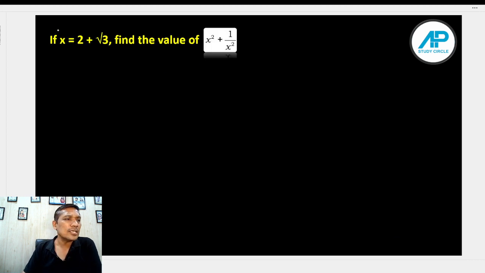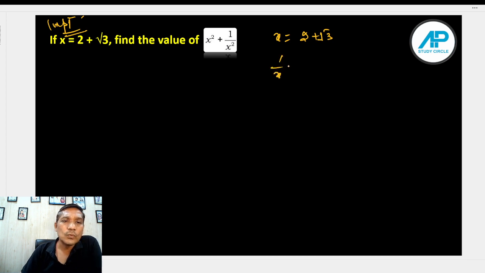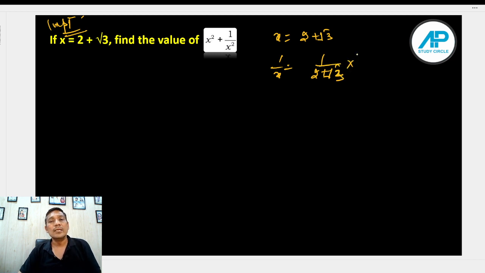Let us take this question. Now these are important questions. So generally get in the exams. You see very carefully here. I need to have somehow 1 upon x here. It is x equals to 2 plus root 3. If I want to find 1 upon x, I would also reciprocate 2 plus root 3